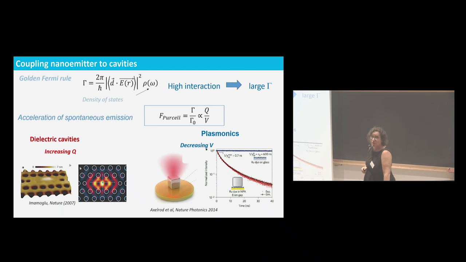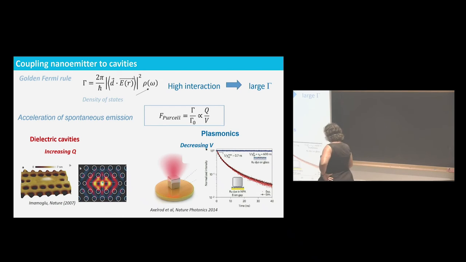Q is the quality factor of your resonant cavity, and V is the modal volume of your cavity. And then you have two strategies. The first strategy is to say, okay, I want to work with dielectrics. And as I tell you, it's a very good strategy because the losses are low, and you can achieve very high Q cavities, typically millions if you are very good. The problem is that the volume is large. This is interferences, so that means it scales as lambda to the cube. So it's very large, in fact. But you can do this, and this has been done by putting an emitter right in the good positions.